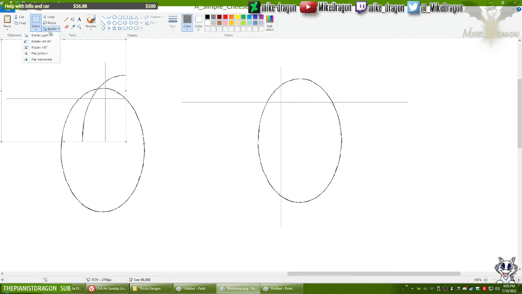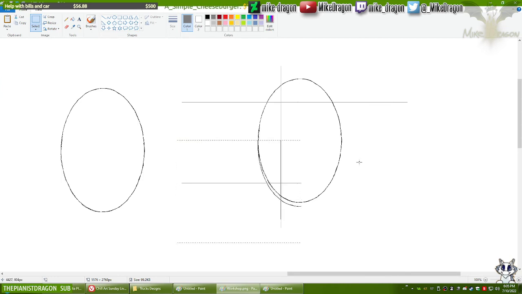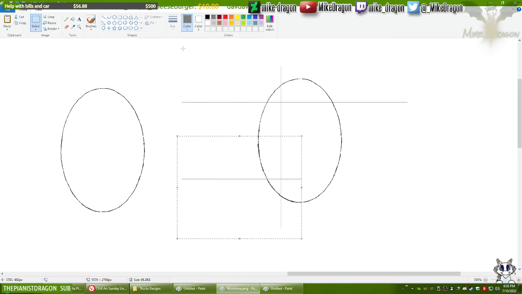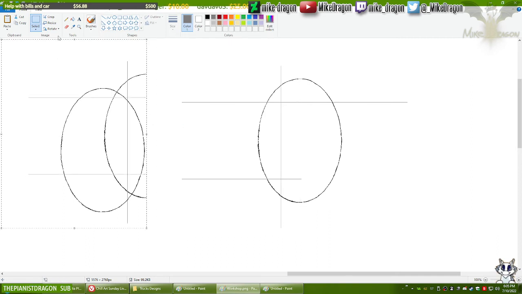Let's copy this section and flip it vertically. Put it over here. Let's do the same thing for the other side.